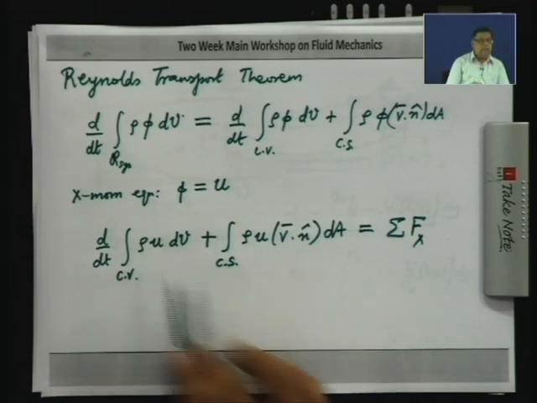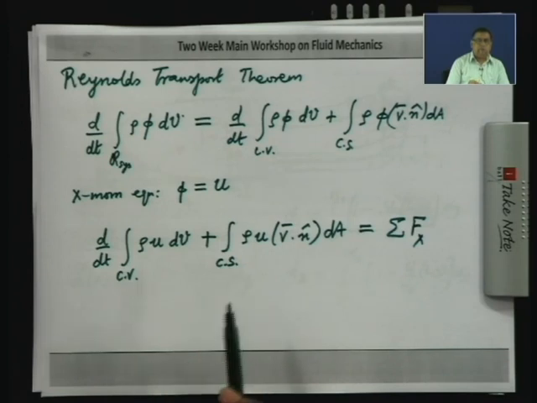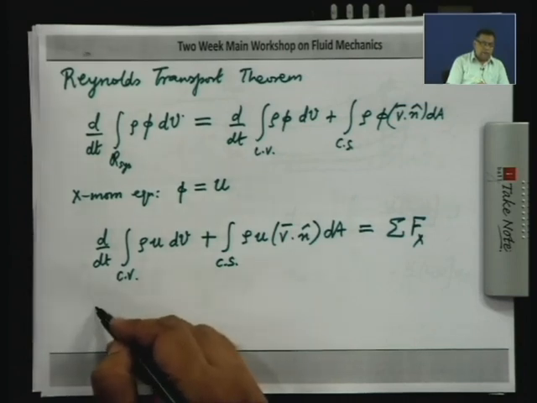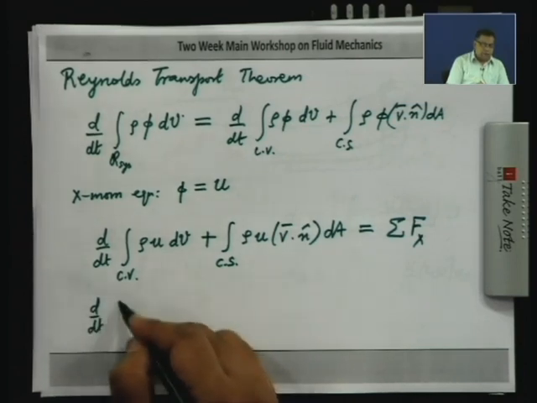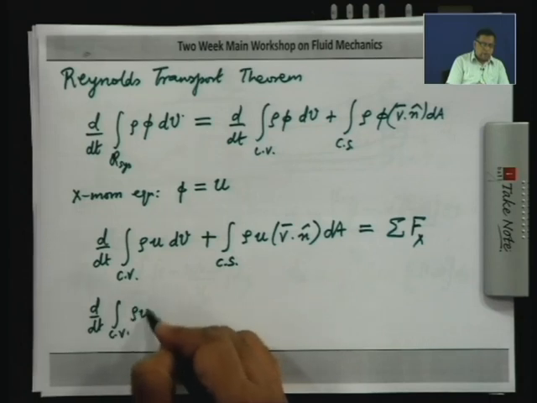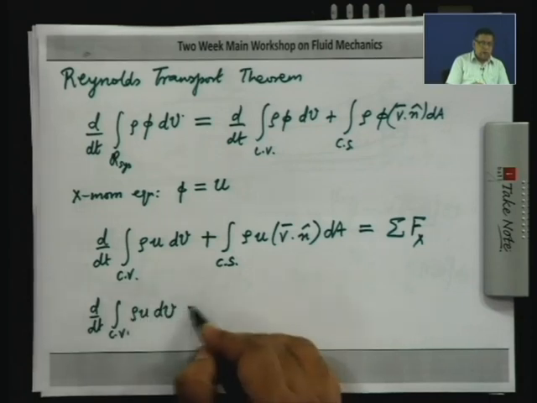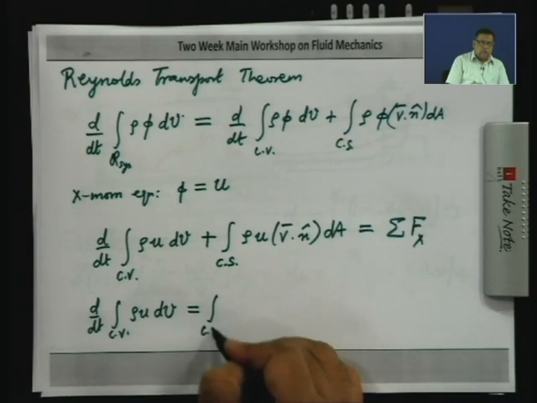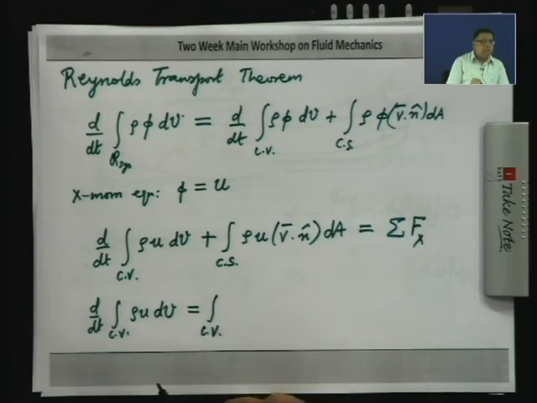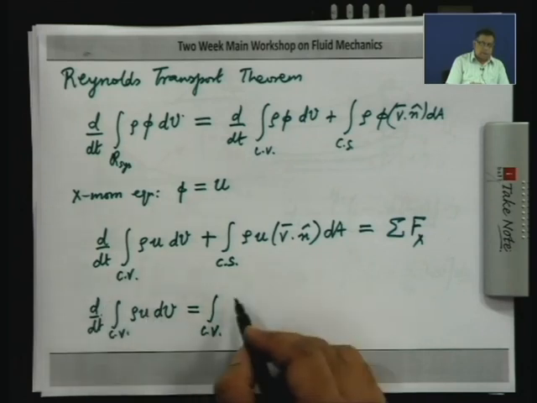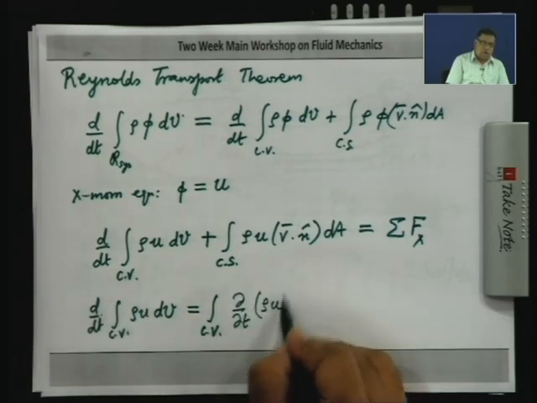So, the left hand side is the rate of change of momentum of a system which occupies the control volume at time t. Now, if you look at the first term, d dt of integral over the control volume rho u dV. Once again we are choosing the same control volume, so limits of integration are fixed. So, this d dt can be pulled inside the integral. I can write it as del del t of rho u dV,